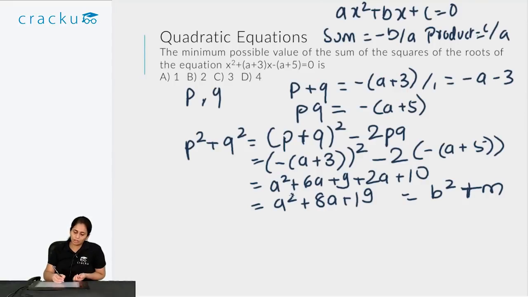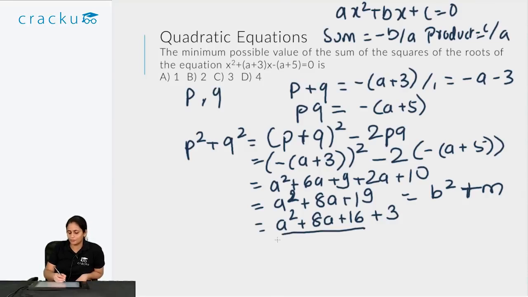Otherwise, you can also use the concept of calculating the minimum value of a quadratic equation. Now let's first try the method where you express it as the square of something plus another number. Now a square plus 8a plus 19. I see it as a square plus 8a. Because 8a is there, I have to express this as a plus 4 the whole square. So I can say that this is a square plus 8a plus 16 plus 3. So this part is essentially a plus 4 the whole square